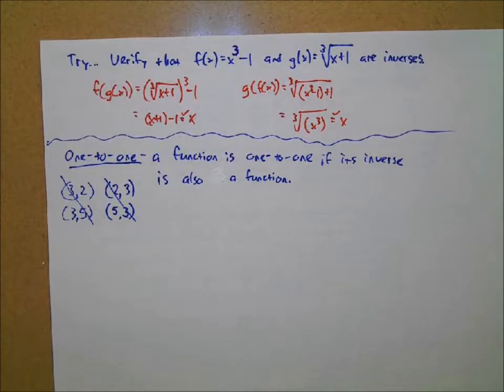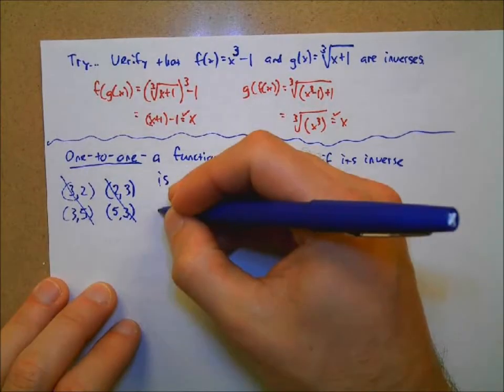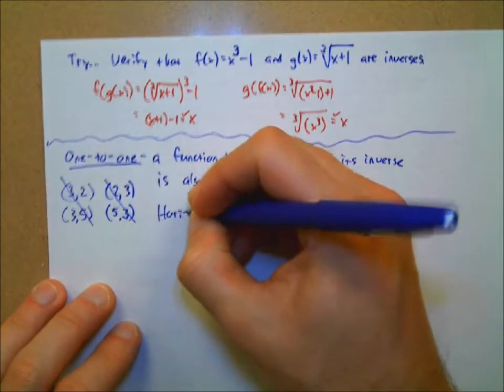Okay? Now, the test we have for determining if something is a function, what do we call that? Graphically, we call that the what test? Vertical line test, right? Well, if we determine if something is a function by a vertical line test, and a function's inverse is a reflection over the line y equals x, right? We won't have the vertical line test anymore. We'll now have the what? Horizontal line test. And that's exactly what we're going to use here. So the horizontal line test